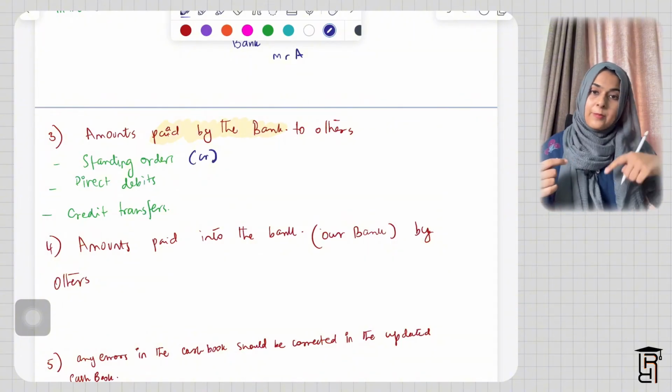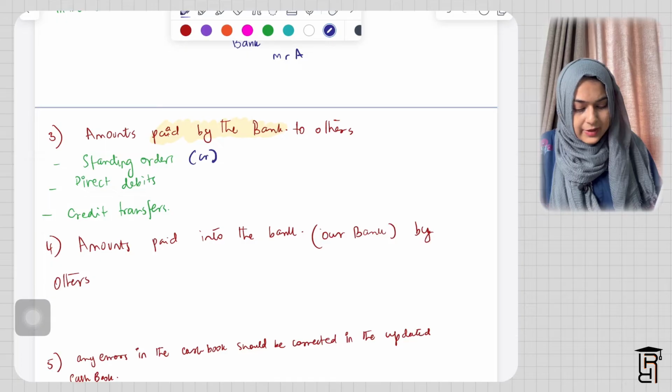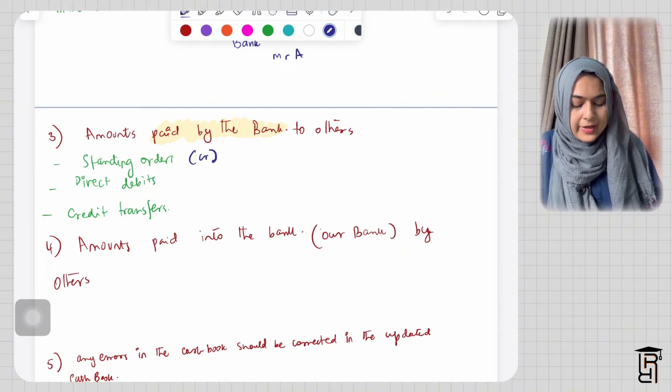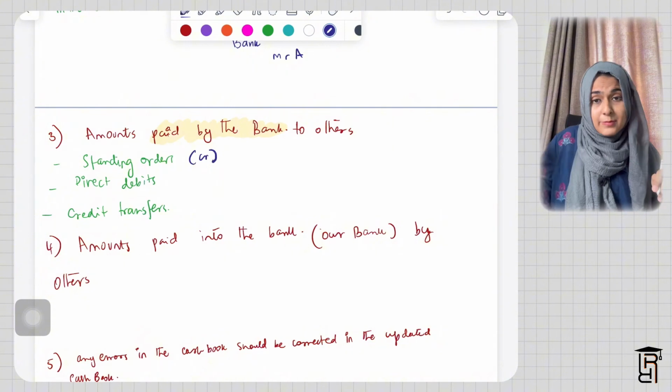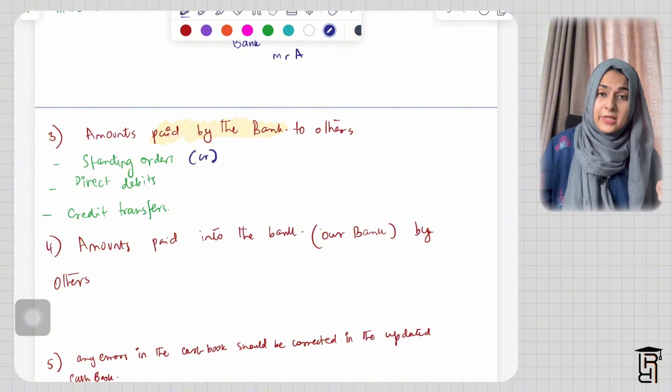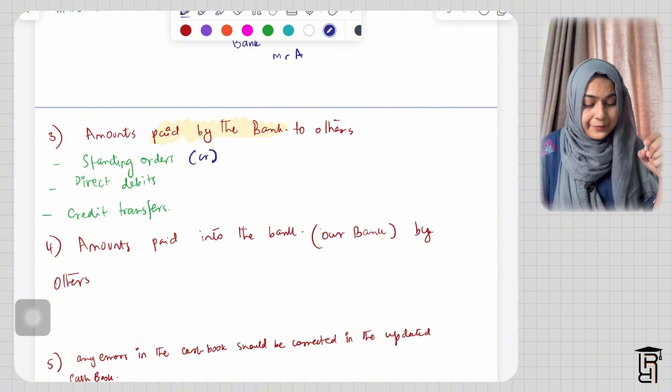So let's say others are paying us. If we are receiving a credit transfer, that means my customer is directly paying into my account. So I need to record this on the debit side of the updated cash book, because this will increase my balance. I'm receiving money in this case. Then we have